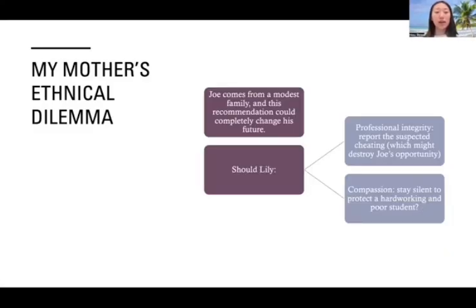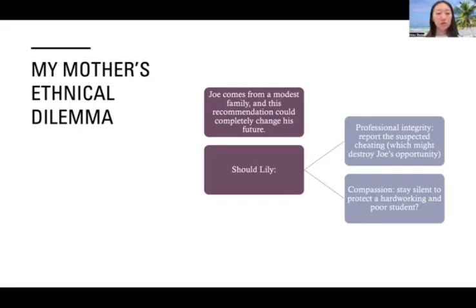Should she adhere to professional integrity and report the cheating, which may destroy Joe's chances completely, or remain silent out of compassion to protect a hardworking student whose life could depend on this? This becomes a direct conflict between integrity versus compassion, fairness versus empathy, and professional duty versus personal concern for student